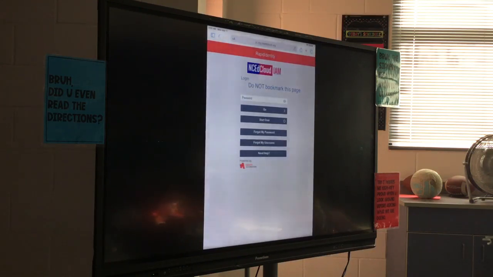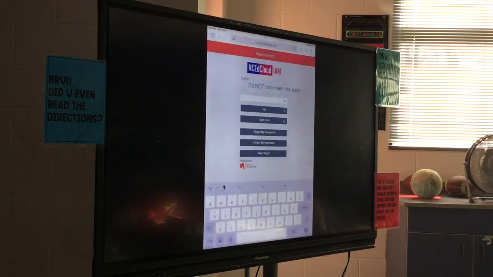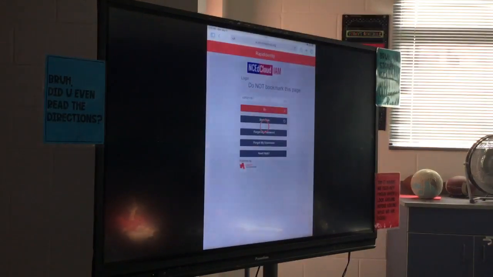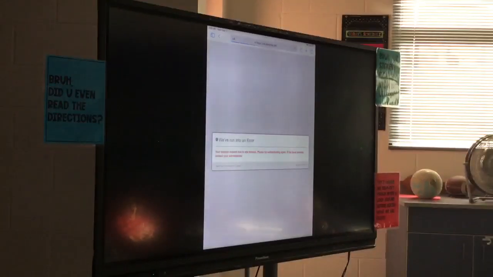So go ahead and make sure and hit so you can see your password. Make sure that very first letter is lowercase. And if this is correct and you hit go,